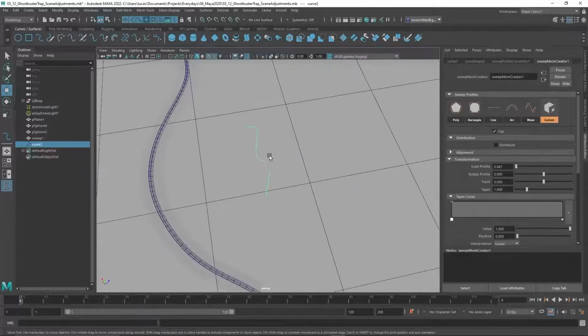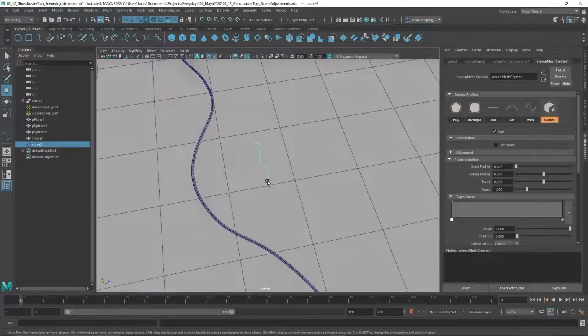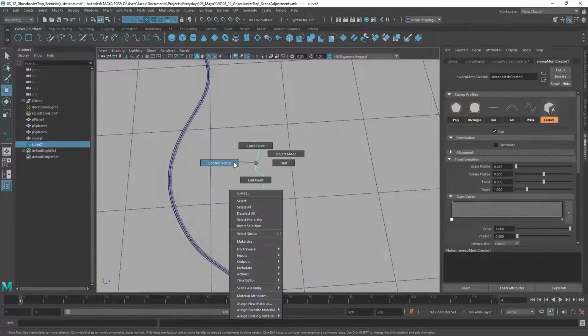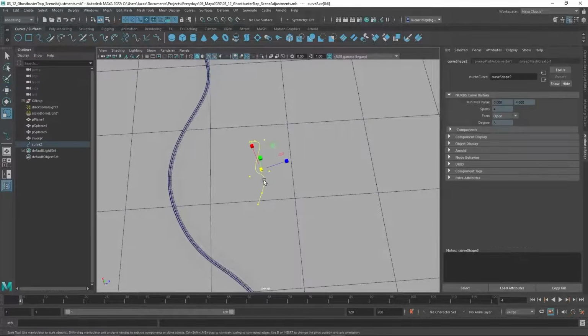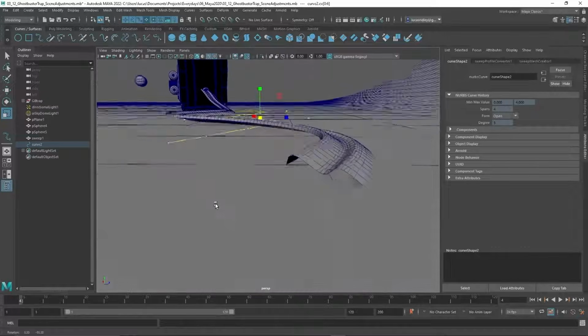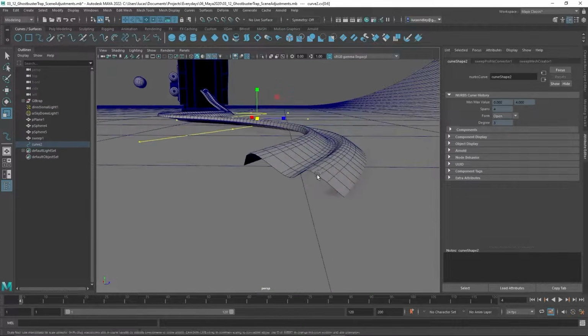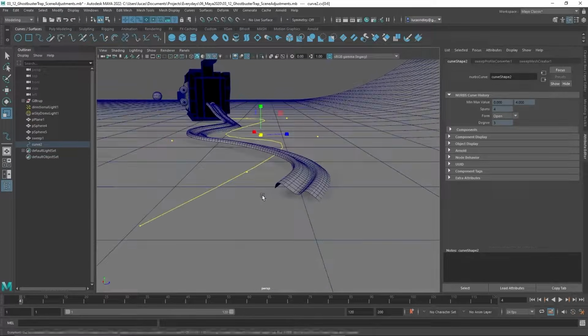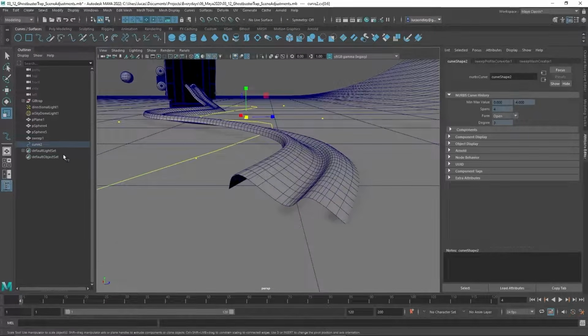So what I mean is, because this is relatively small, for however it's determining that scale factor, if we scale this up at the control vertex level, so if I just take these and scale these up, you can see it starts to add more subdivisions. So now it gets to be a lot smoother. So it's based on the relative scale. Maybe it's the length relative to the length of the curve.